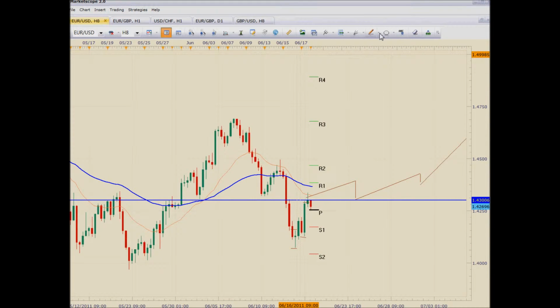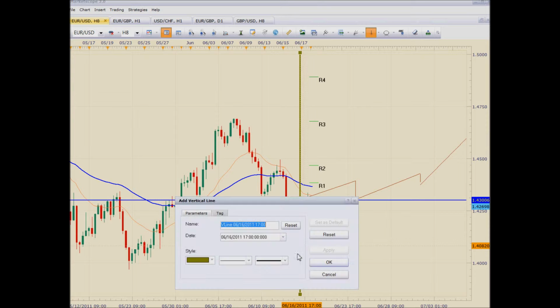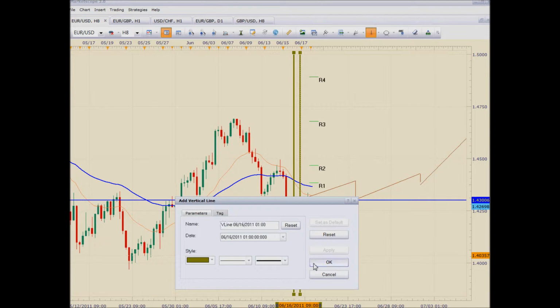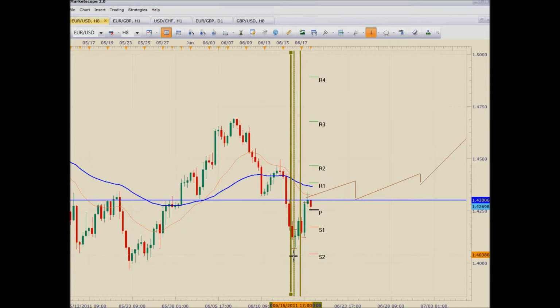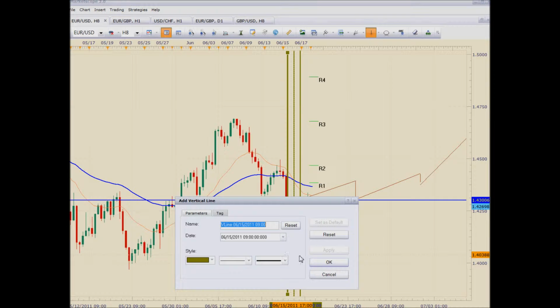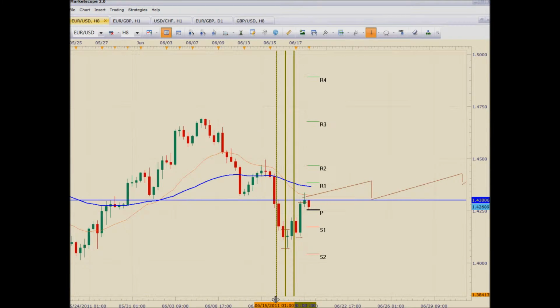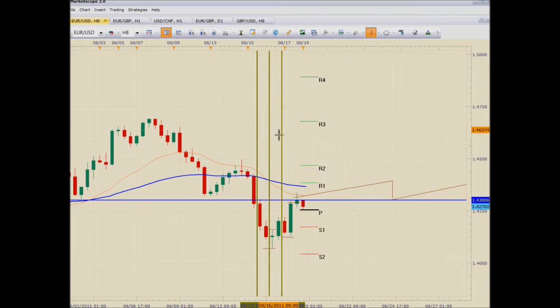Now we're going to put some vertical lines here to identify what happened. I always try to do my trades the same way all the time, because when I'm consistent with the trade, it usually works out when I do things consistently. So I always try to be consistent with the trade. Now, this small candle at the bottom here,